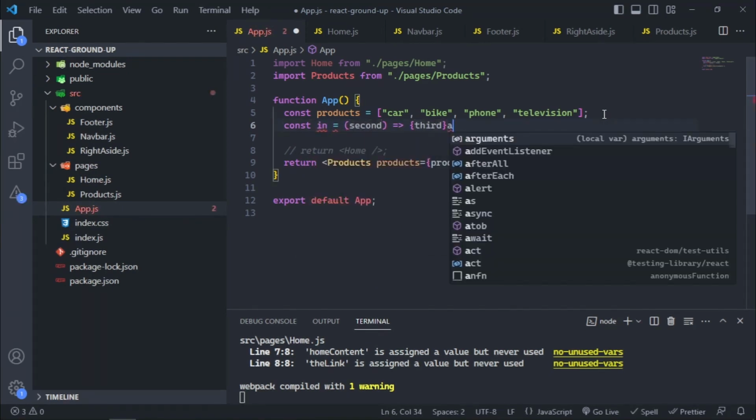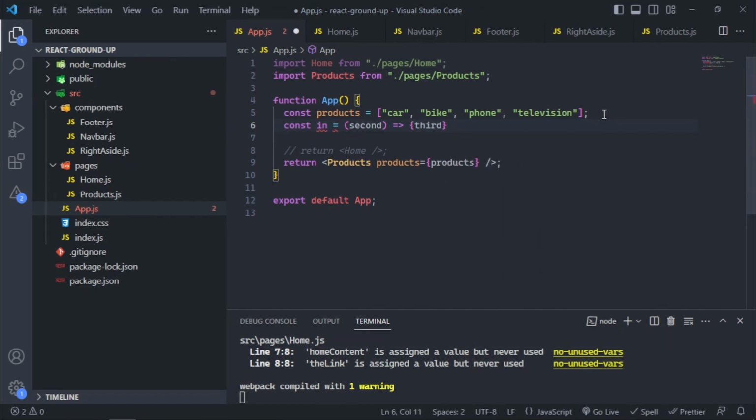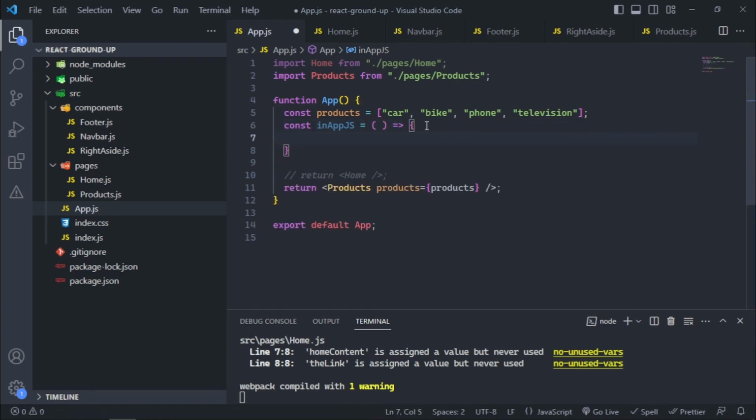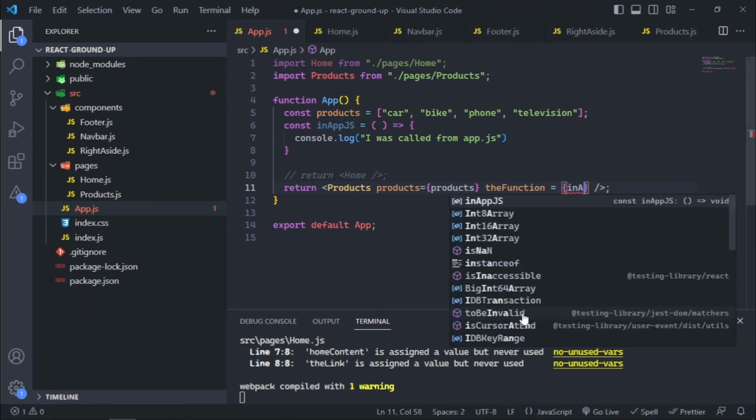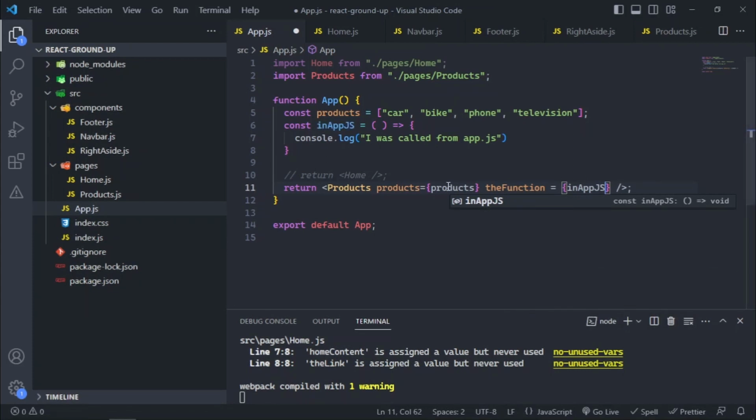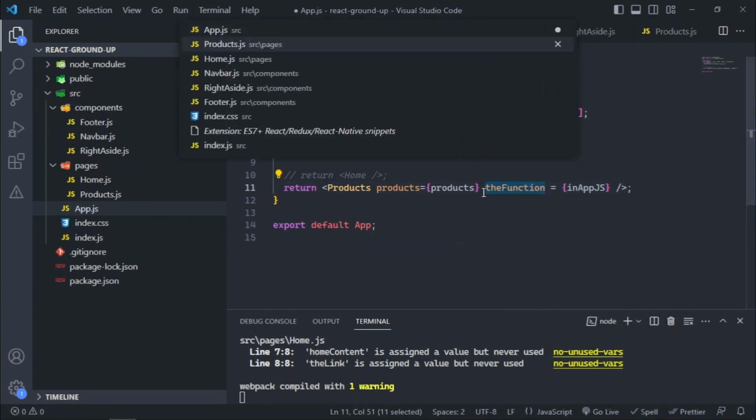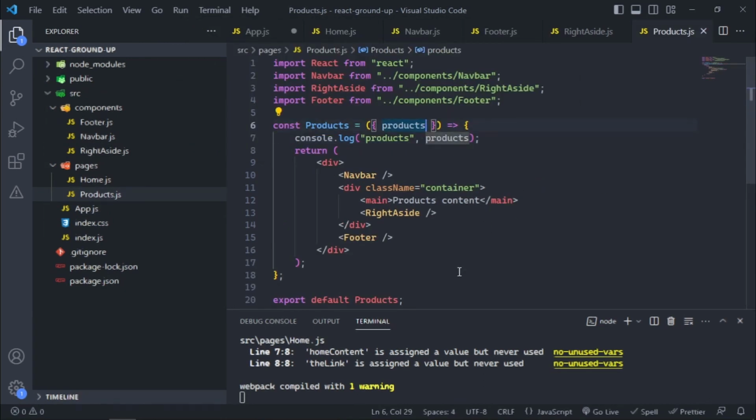in app.js. So this function is just going to console log "I was called from app.js". So what you do is you can pass down this function, let's just say the function, that's what we are going to name it, and it's going to be that function in app.js. So pass down this function, and we're going to destructure the function as well inside our products. So in addition to grabbing the products, we're also taking that function from there,